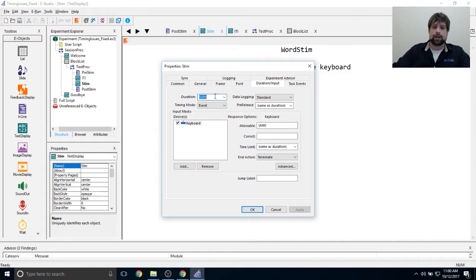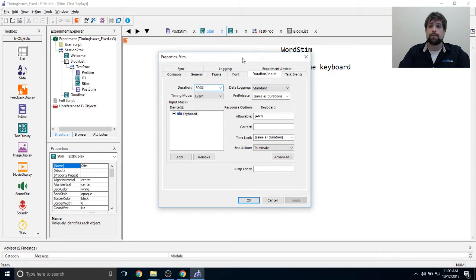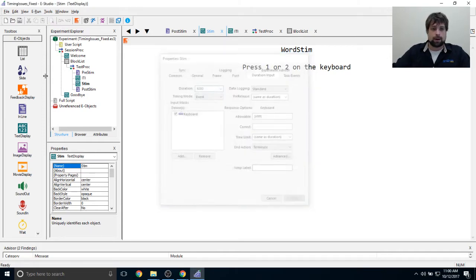If I take a look at the duration here, the duration is currently set to 5,000. What I need to know in this case is the refresh rate of my screen, or how fast my screen is refreshing. This is going to tell me exactly how fast E-Prime is able to draw objects on the screen, and can then inform how long my duration is. So if I need to adjust my duration by a couple milliseconds in order for it to be divisible by my refresh rate, then that's what I need to do. The reason we want the duration divisible by the refresh rate is because that's going to help us deal with that property that we set up here,